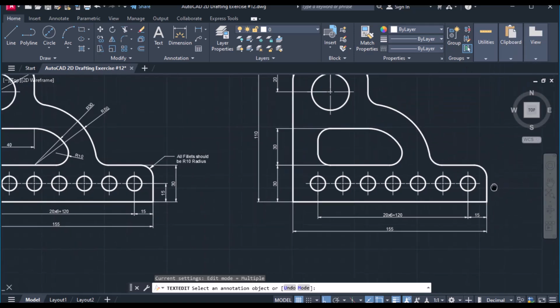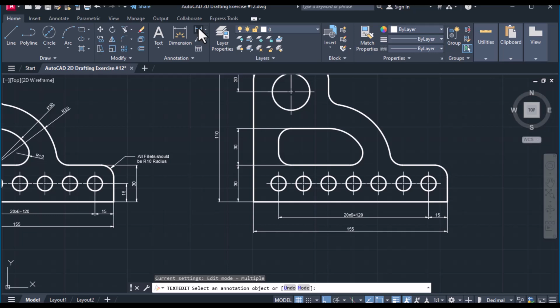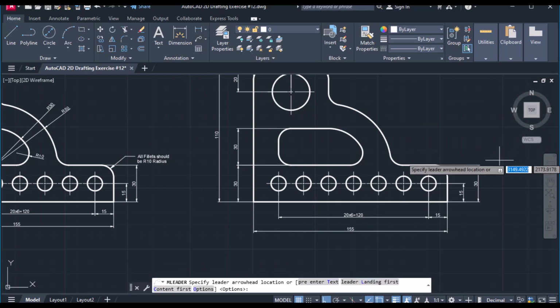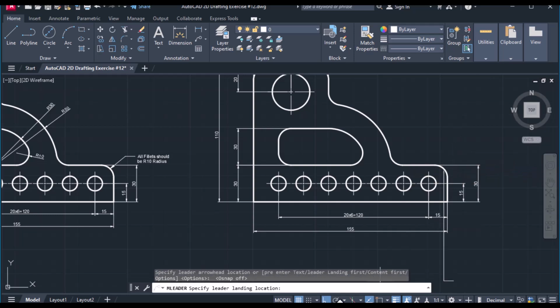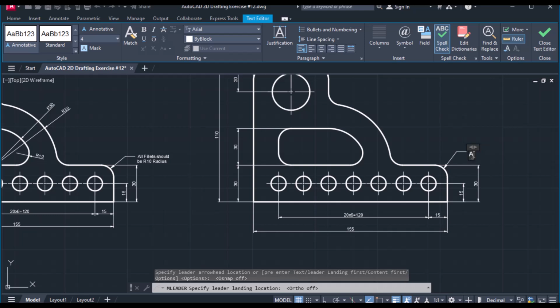Now this dimensioning, so again linear dimensioning from here to center point of this, 15 units. Linear dimensioning from here to here, 30 units. Now we want to write this, so we'll use the leader and we'll turn off the snap and we'll turn off ortho and we'll click here and we'll write down